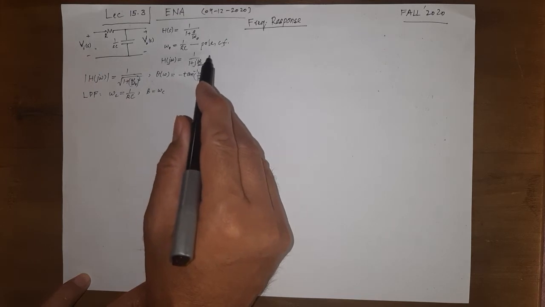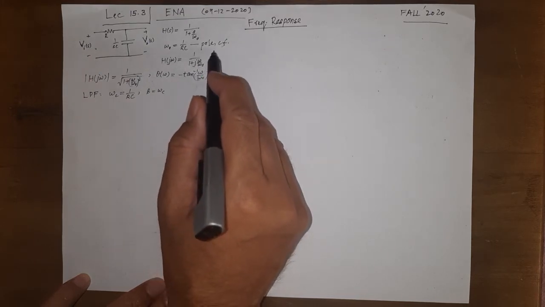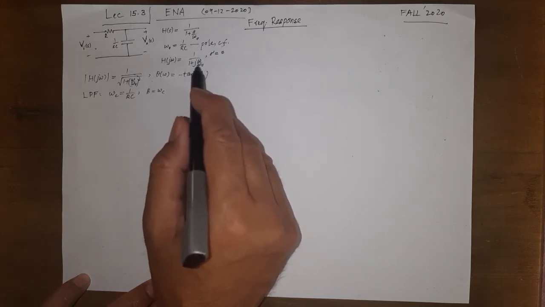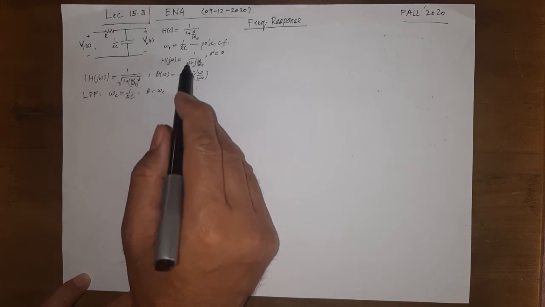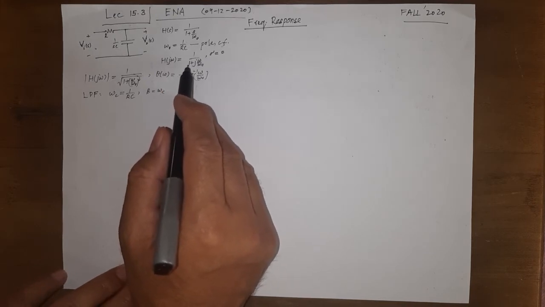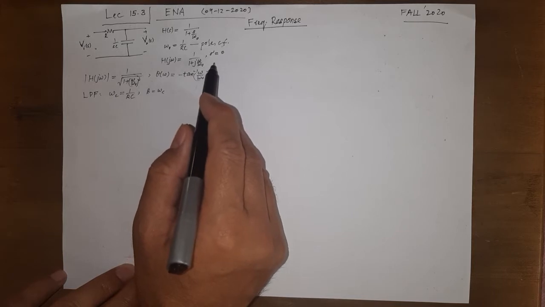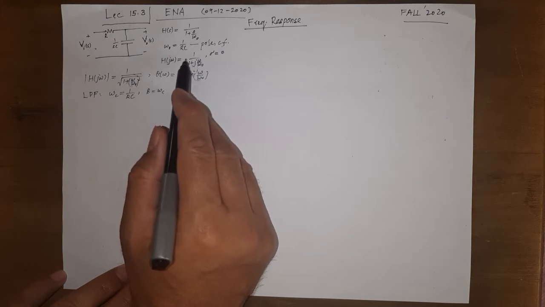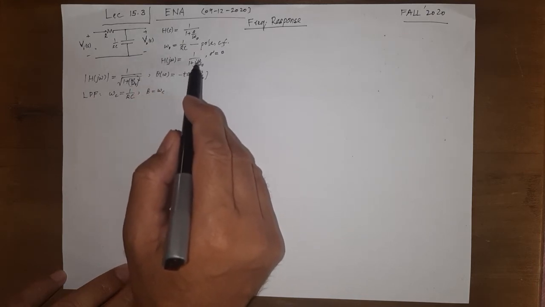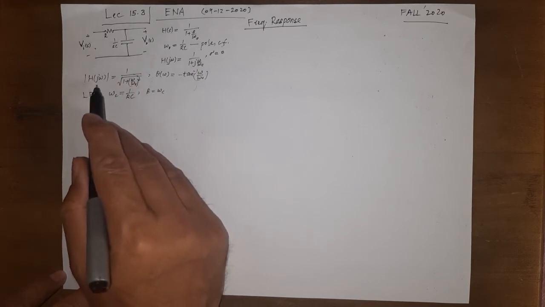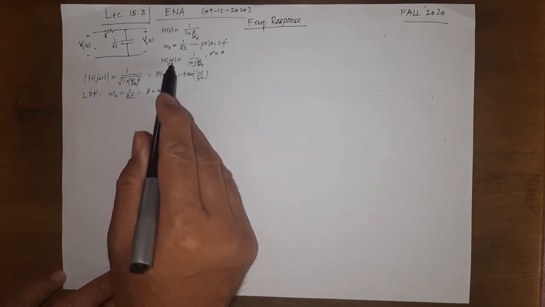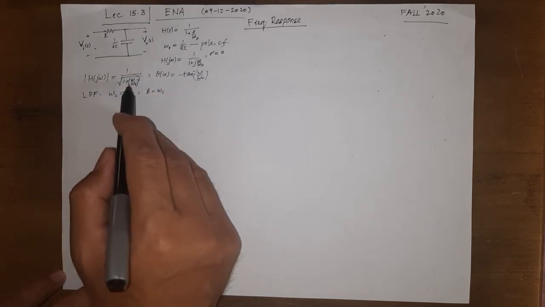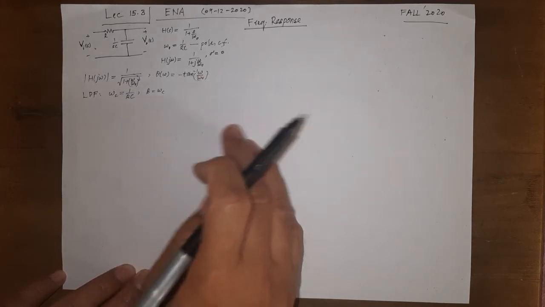We have assumed that sigma is 0, so there is no damping and the input is pure sinusoidal. So this transfer function basically shows how the input sinusoid will be transferred to the output sinusoid, and the dependence of the system response on omega. Then since H of j omega is a complex quantity, we found its magnitude and its phase by these expressions.